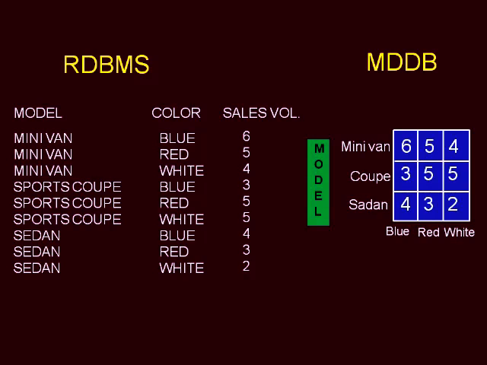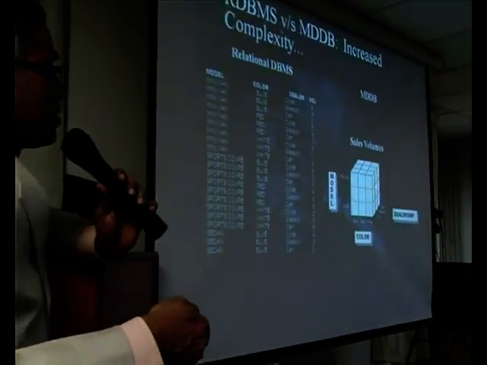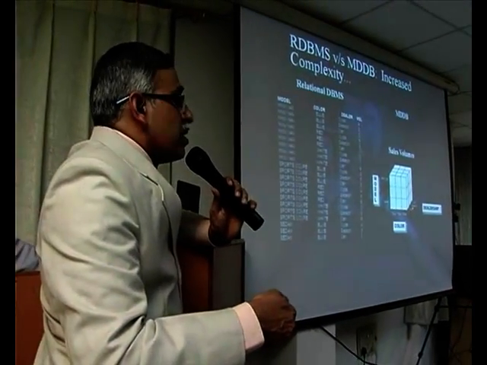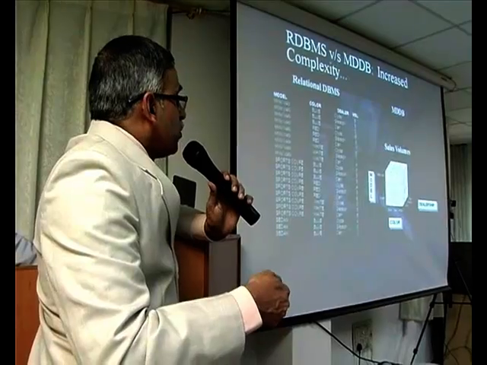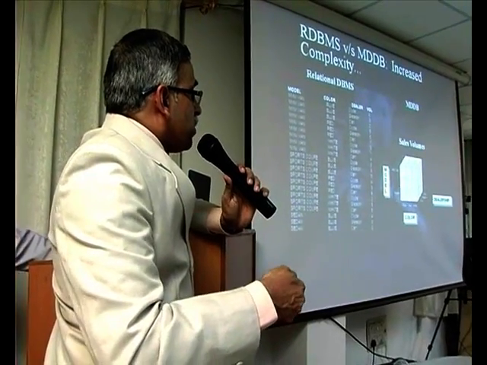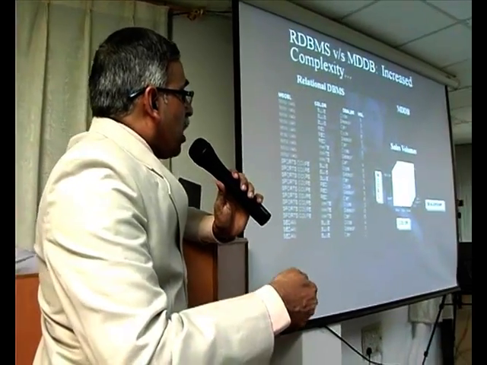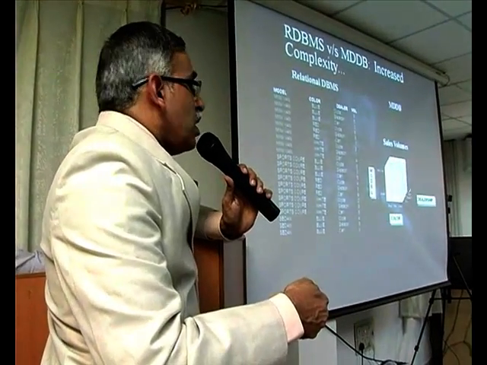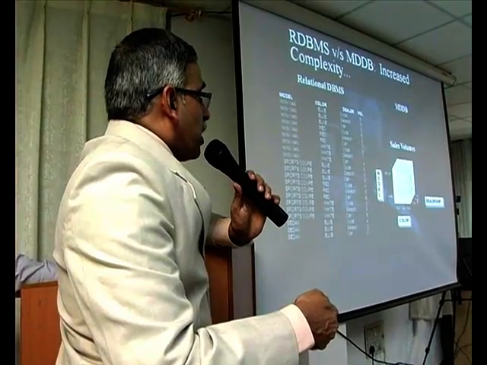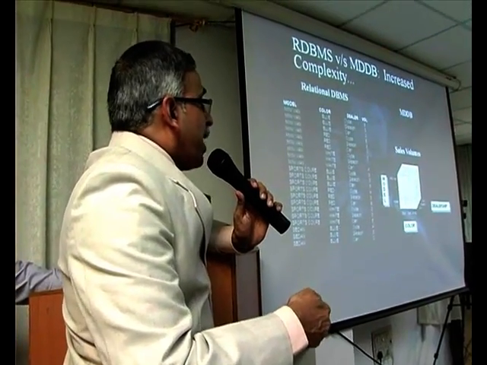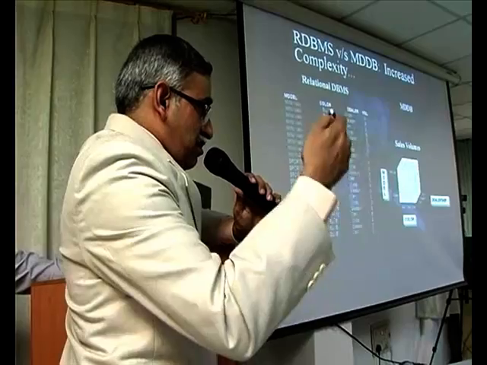In this situation, we'll have a set of 2-dimensional matrices. Each square is meant for 1 dealer. Since there are 3 dealers, we have 3 different squares. This is 1 square for this dealer, the middle square is for the middle dealer, and the last square is for the last dealer. So that means if I select a particular dealer, then I can get a matrix slice.